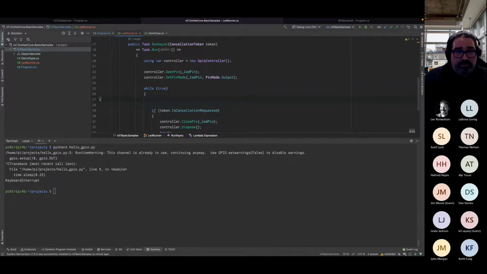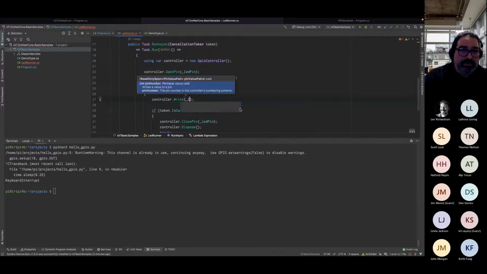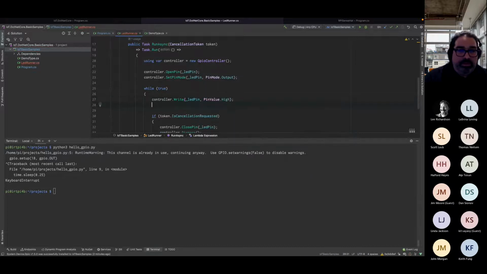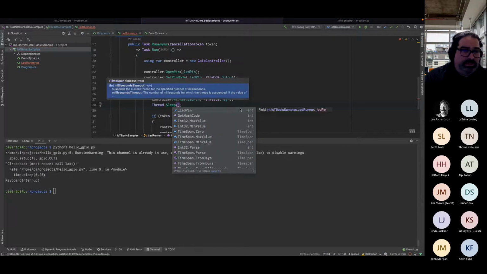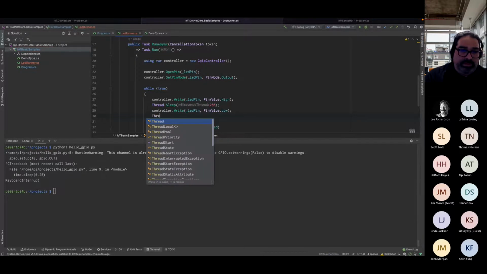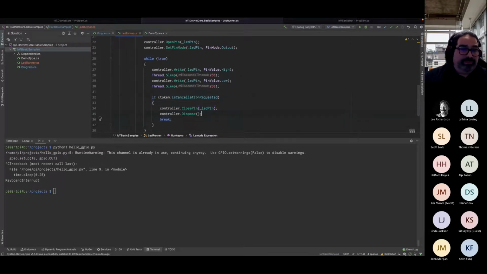So, I guess this is where the turning on the pin basically happens. So write to the LED pin, and what am I going to write? A value of high. Now let's sleep, and I believe this is milliseconds. So let's just do 250, which I think matches what was on the other side. And same thing, pin value low, and let's sleep again. If I didn't add that second sleep, we wouldn't have noticed that there was actually a blinking action on this demo.